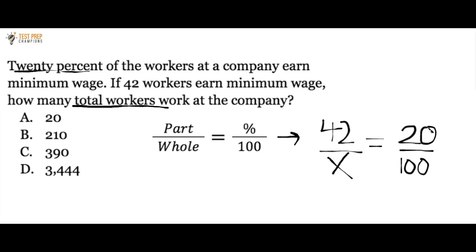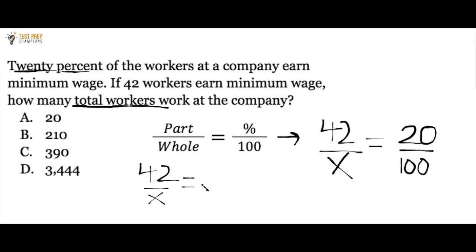Okay, so now basically I'm just going to use some algebra, and once I get X by itself on one side of my equation here, that's simply going to tell me what the total number of workers at the company is. So one good move would be to first do 20 divided by 100 in your calculator, and if you do that, let me rewrite here, we'll end up with 42 over X